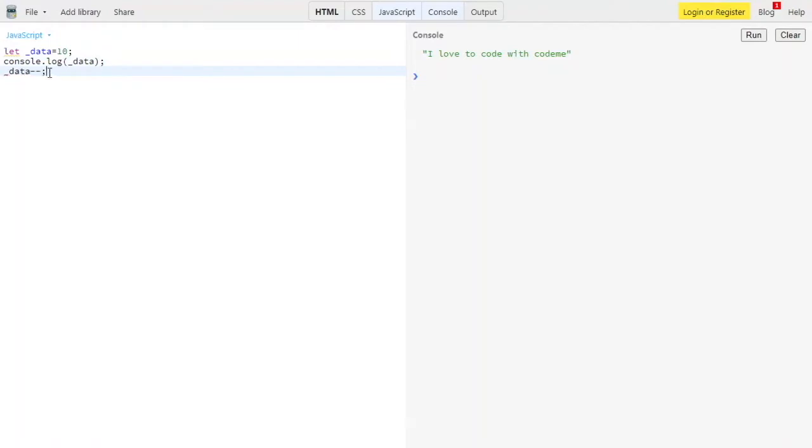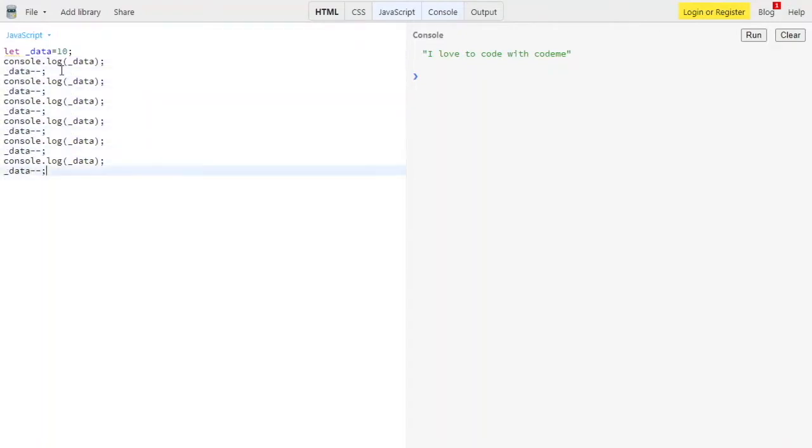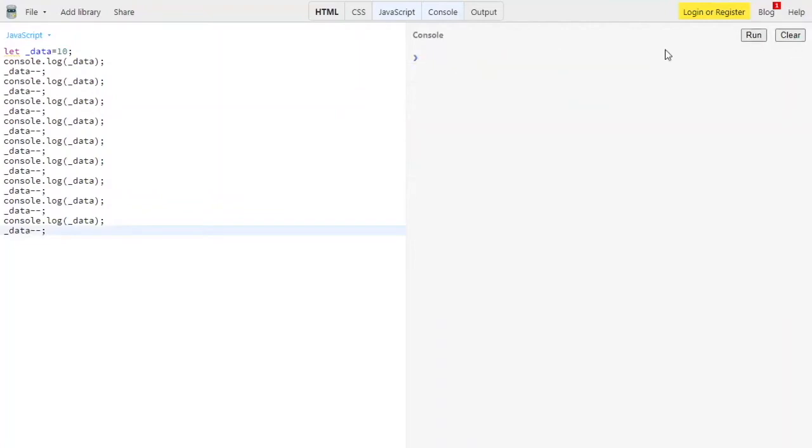Let me copy this using control C and then paste it down over here. Let me clear the console and try to run it using control enter. The first time the value of _data is 10, and then I'm decreasing it to 9, 8, 7, 6, 5, 4, 3, 2, and like that we are decrementing.